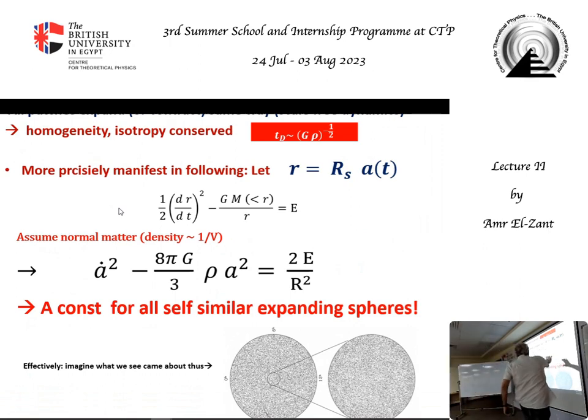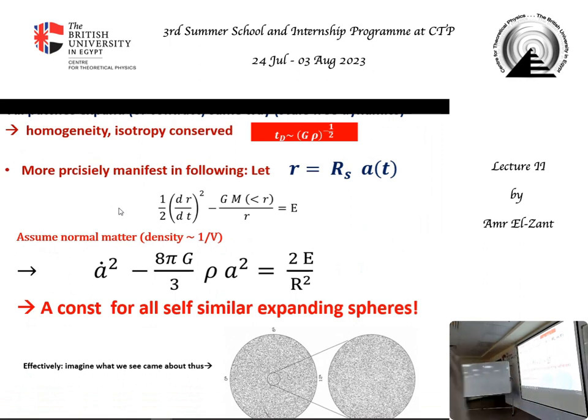There's a constant, 2E over some r squared, but because it's a fundamental constant of the universe, as we will see later, we'll just write it as r here. That is constant for all these spheres: the Newtonian integral of motion of the sphere over its radius squared. This has dimension 1 over time squared. There is a 1 over time squared constant for all the spheres, E of t, independent of what r is.